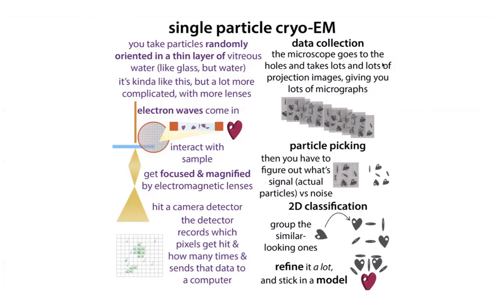And what's nice about cryo-EM is you don't need to get it to crystallize. You are going to freeze it in place, but you're not making it crystallize. You're basically freezing it by literally freezing it, or at least vitrifying it. So you get it super cooled in a really thin layer of water that serves as this glass. And then your proteins are going to get stuck in place wherever